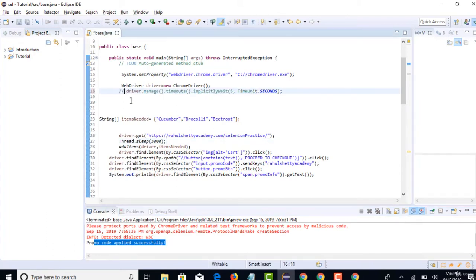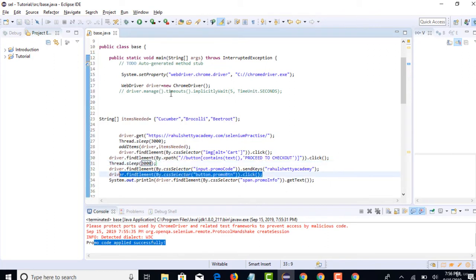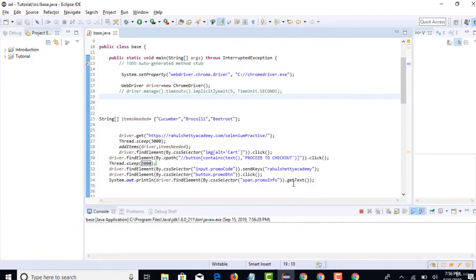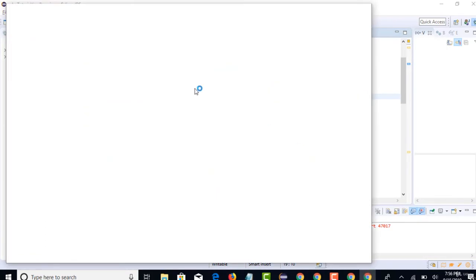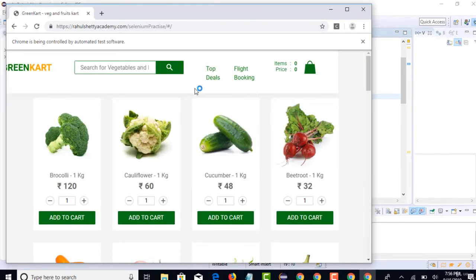Comment out the step and see. Firstly, it will fail at this point only, right? So let's say I put a sleep to make sure it bypasses that step, and definitely it will fail here now. Right now there is no implicit wait. To get rid of this first error, I put some wait so that it will go to the next page and enter the coupon, but it will definitely fail at the last step as it's immediately trying to find that promo code, and now there is no implicit wait, so your test will report failure. I'm just showing the negative side, what happens when you don't put this implicit wait.